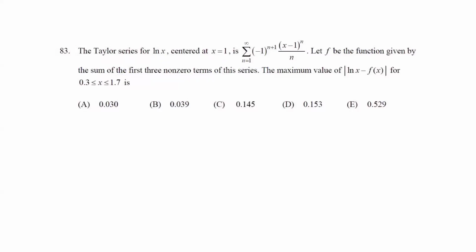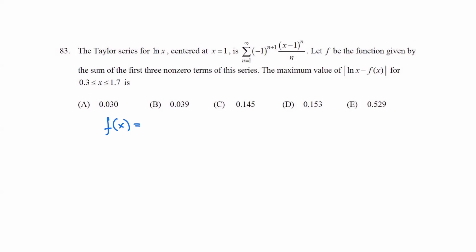And then we need to calculate the maximum of the absolute value of the difference between ln x and the function for the interval between 0.3 and 1.7. And so in order to do that, let's first write down what the function is. So f of x